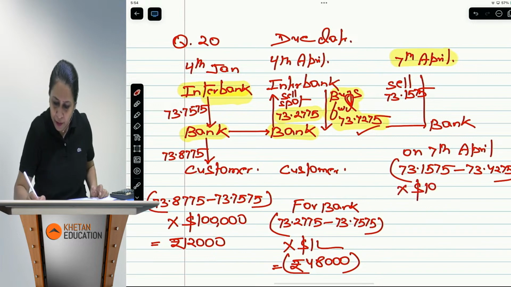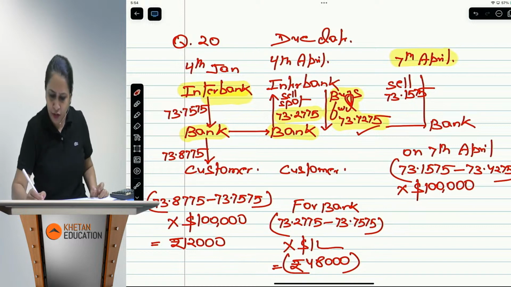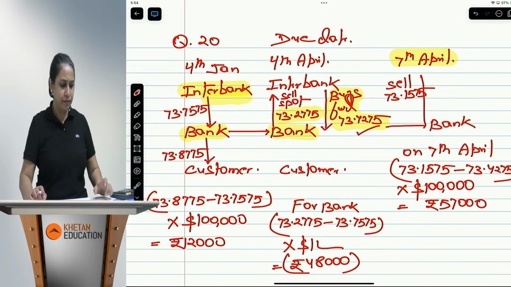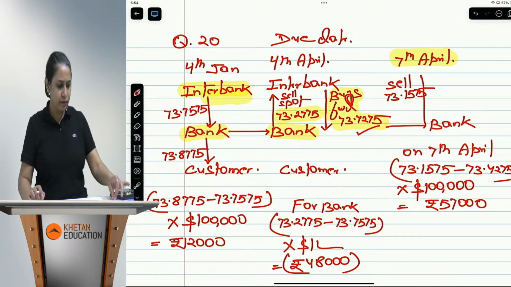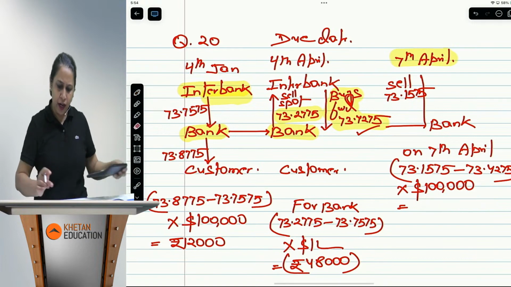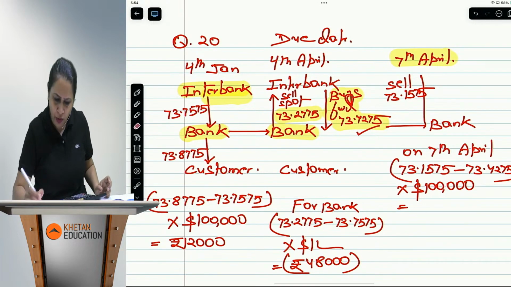Into $1 lakh. So I have a loss of how much? 57,000 loss. Okay, rupees 57,000 loss. This is how much loss, guys? I don't think this is like that. 73.1575 minus 73.4275 into $1 lakh will give me 27,000 loss. Okay, total you are saying, or what? Rupees,